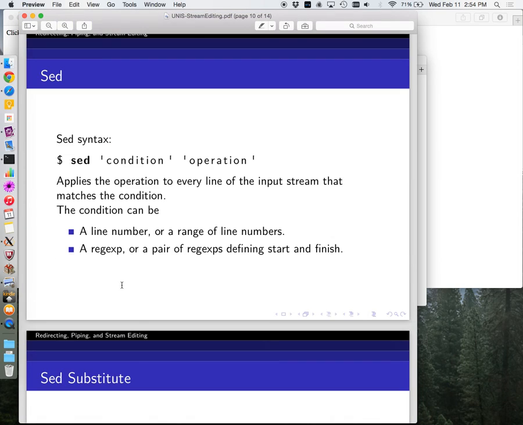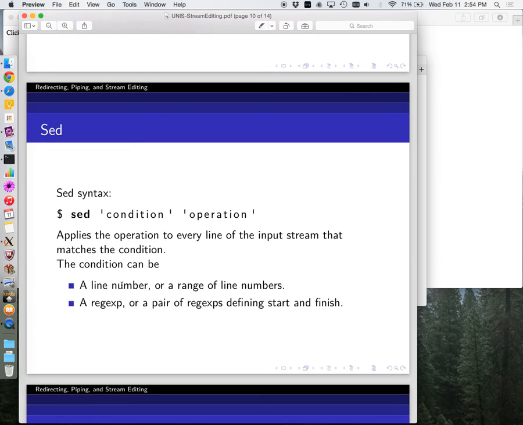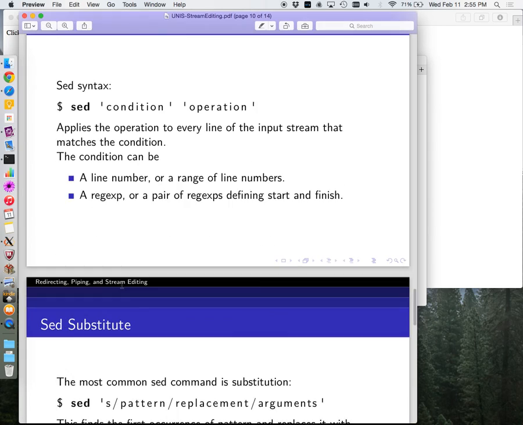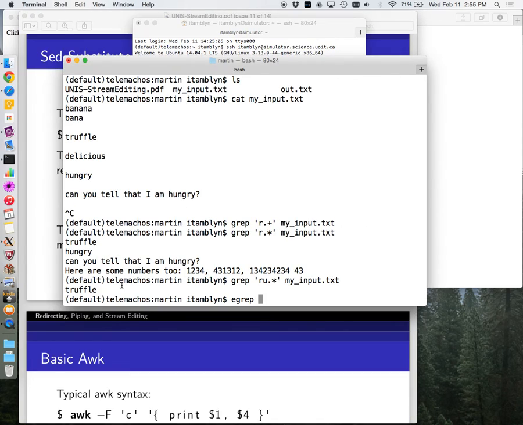Okay, another stream editor called sed. It takes an input that's line by line, a bunch of text, and it applies some operation to that text one line at a time. So the standard way of using sed is with substitution. So let's say you've got,